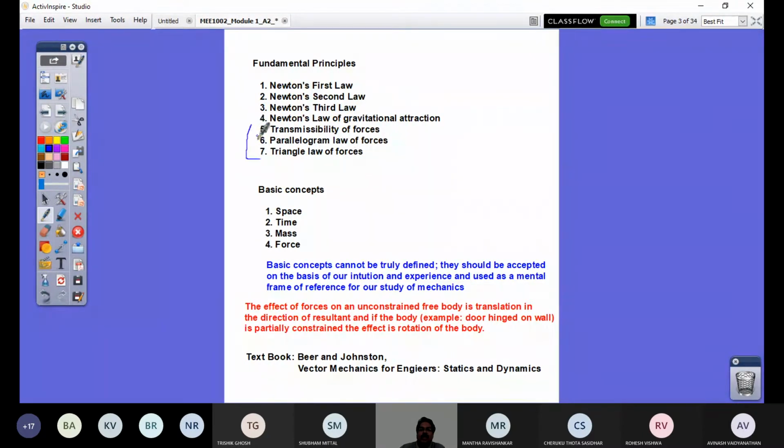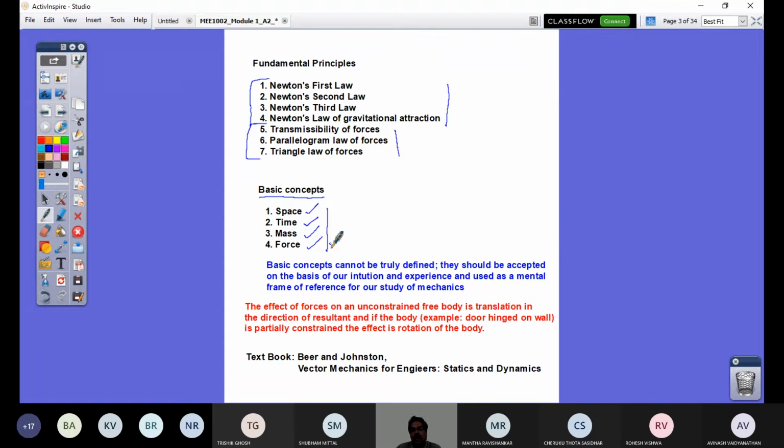So these are very important when you have to handle forces, which we will see in today's class, that you will experience. The entire rigid body mechanics is governed by these fundamental principles and, importantly, Newton's laws, right? So these are very important and these are coming from mathematics. And these all are because of important basic concepts that completely drive our course: an understanding of space, time, mass, and force.